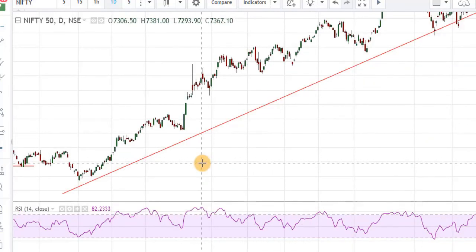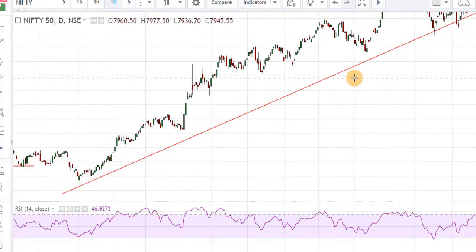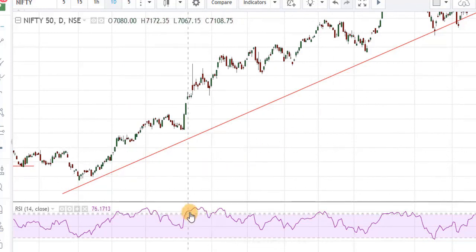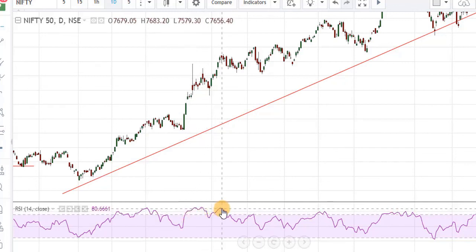This was the case when market was in sideways trend, but now market is in trend. This is trending market, bull trend, and RSI is in overbought range. Here RSI is in overbought range for long time because the momentum is high here. So we will not make any short sell position when RSI is in overbought range because this is a bull trend market.